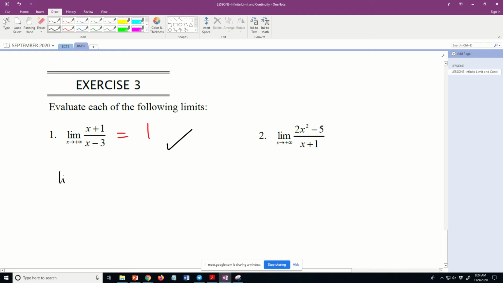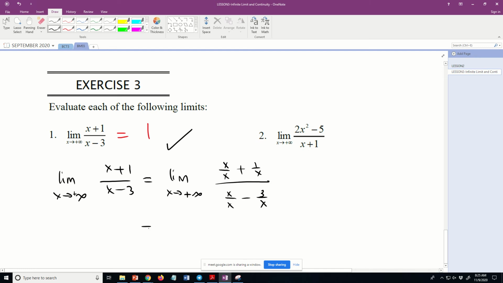Okay, jawapan dia 1. Limit x approaches positive infinity of x plus 1 over x minus 3. So the suitable dividing factor is x. So x over x plus 1 over x divided by x over x minus 3 over x. And when I do cancellation, I get 1 plus 1 over x divided by 1 minus 3 over x. So sama dengan